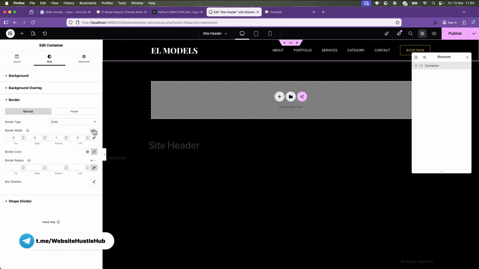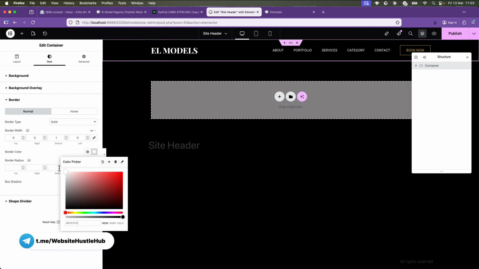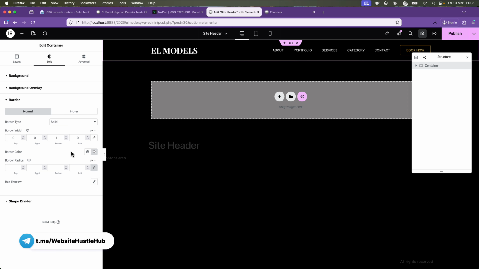Okay, and then we can change the border color to white. But if we leave it like this, the white becomes too bright, so we need to reduce the opacity down to a decent level, so that the white just barely shows through. So now we can hit publish